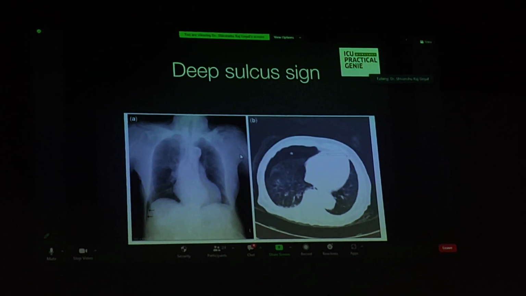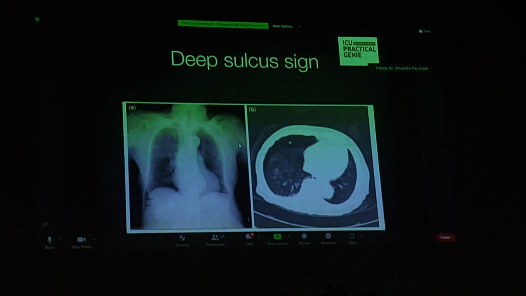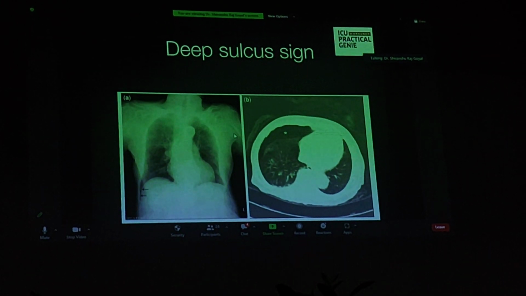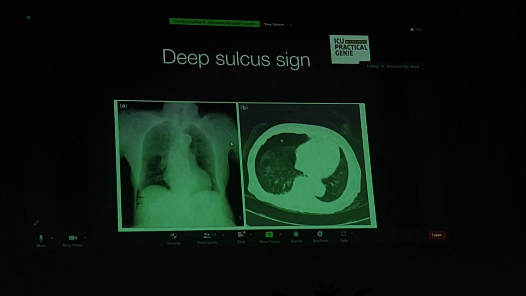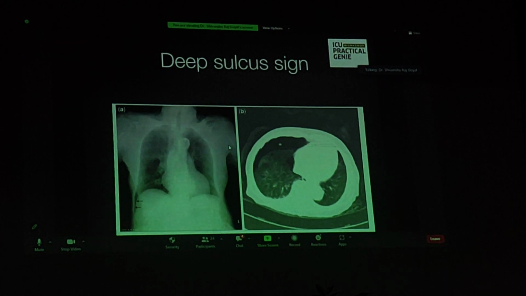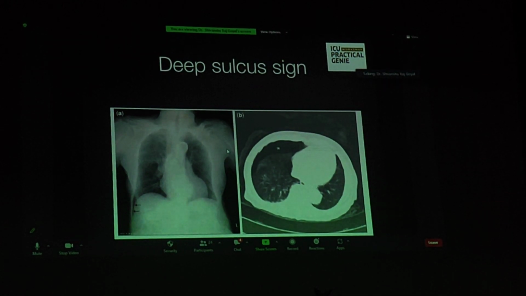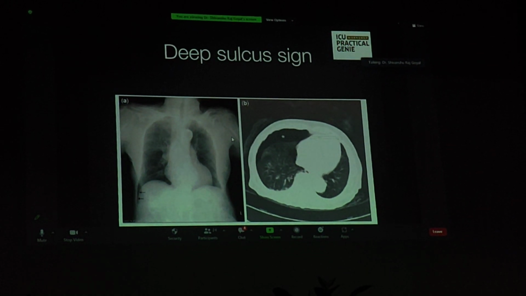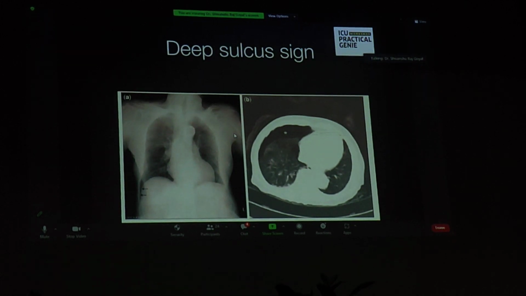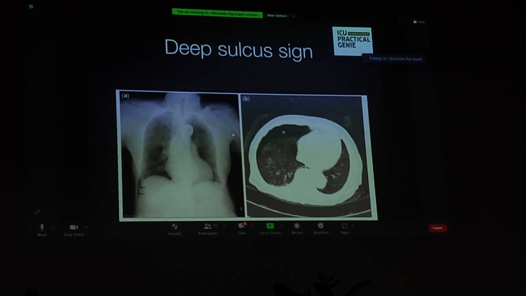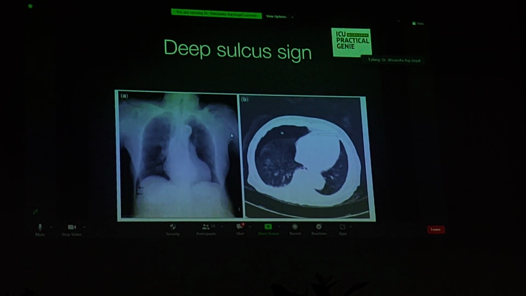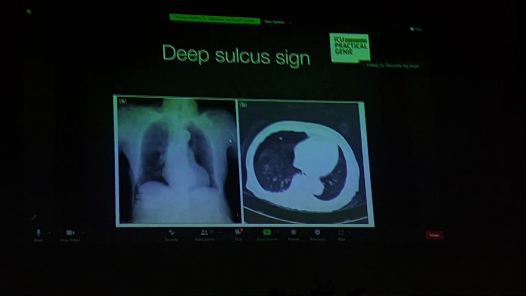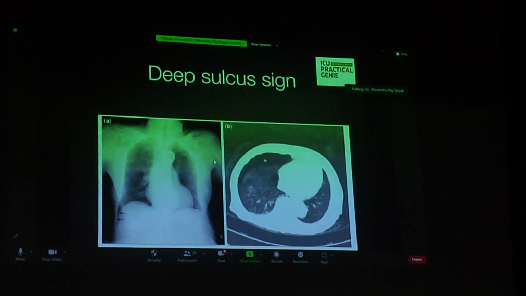Possibly it could be iatrogenic, or it could be ventilator induced, or it could be a disease process per se. But identifying this pneumothorax will make a huge difference in terms of your management. So this patient, done with a CT scan, showed a pneumothorax on the right side. So what do you do? You ask for a chest tube insertion. Make sure the chest tube is inserted by somebody who is good at inserting a chest tube, because it looks easy, it can create havoc.